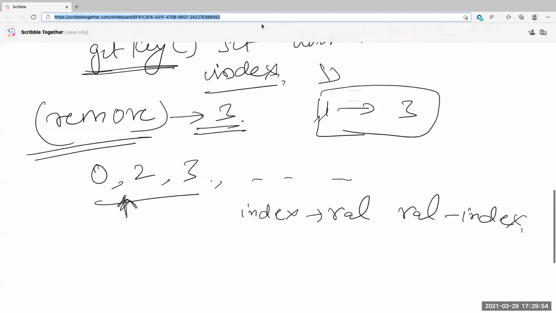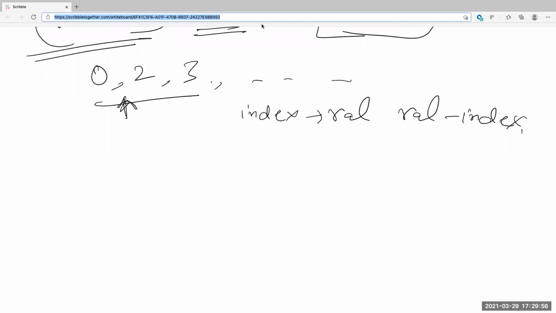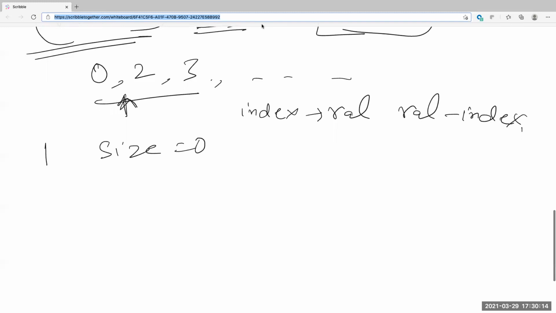So let's say, I'm not talking about a tree map right now. In a tree map it would have been very easy, I think. But in the case of a hash map, let's say you have the first number, 1, like you're doing an insert. If I have a global size variable, when we put 1, we'll increment the size and we'll put that as the